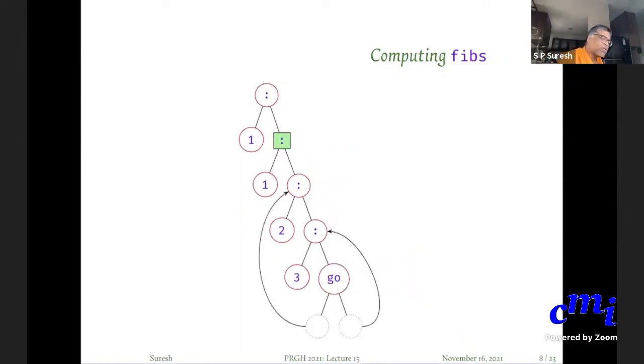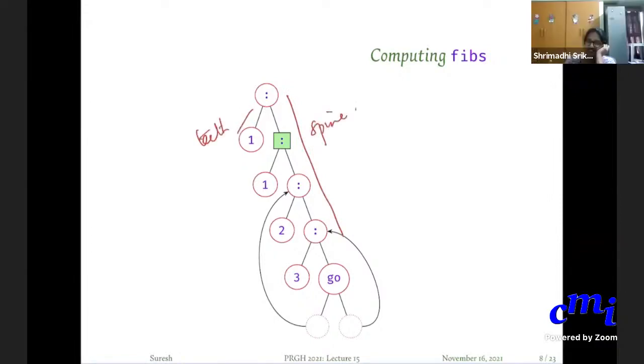So this becomes 3 followed by this go, and this pointer points here and that pointer points there. You can keep on going, then it will become 5, and then you see there is a tree with one spine, it's like a comb if you think about it. This is the spine of the comb, the skeleton of the comb, and these are all the teeth of the comb. Whole thing is a comb.